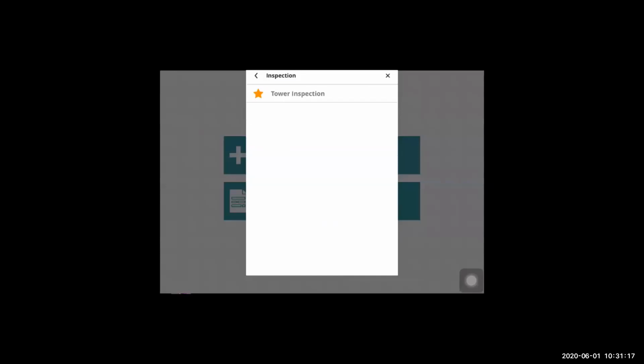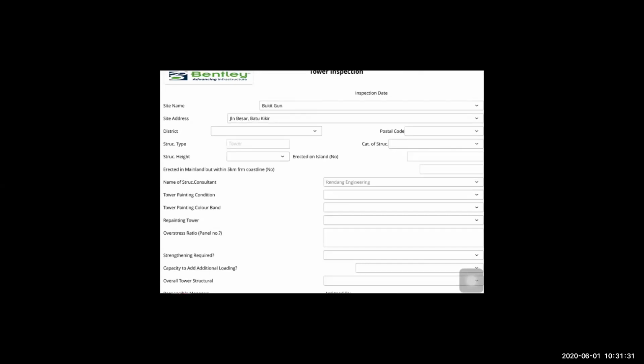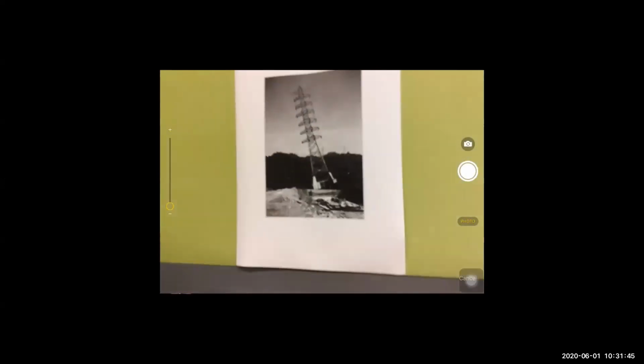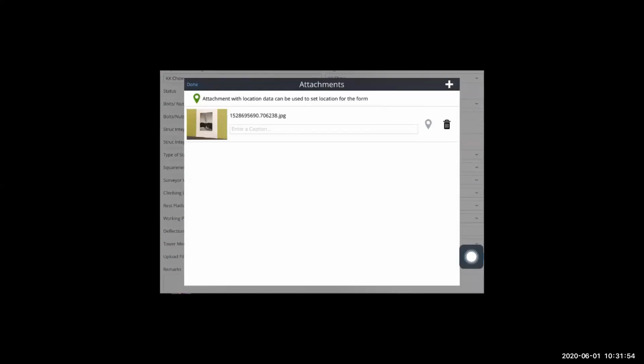I take out my iPad, I select the category called inspection, I select the tower inspection form, and this form will just come out. Okay, so I can fill in the data using drop-downs that I've created in the form so that I don't have to key in all the details. I can have checkboxes, all this. I can also take photographs or videos to attach to the forms, or attach from my gallery as well. So once it's done, I click attach and this drawing is attached, and I can do it offline without internet